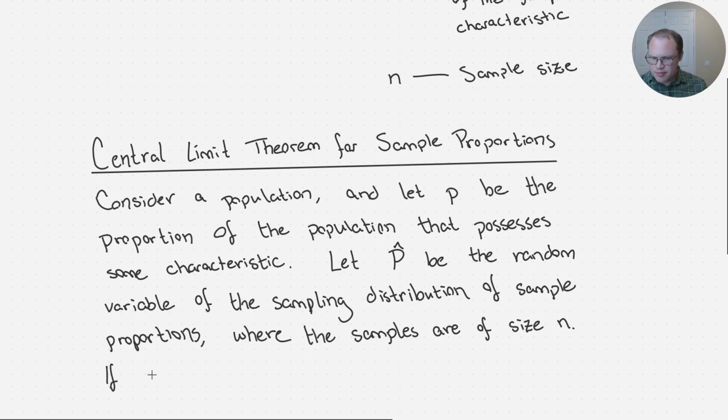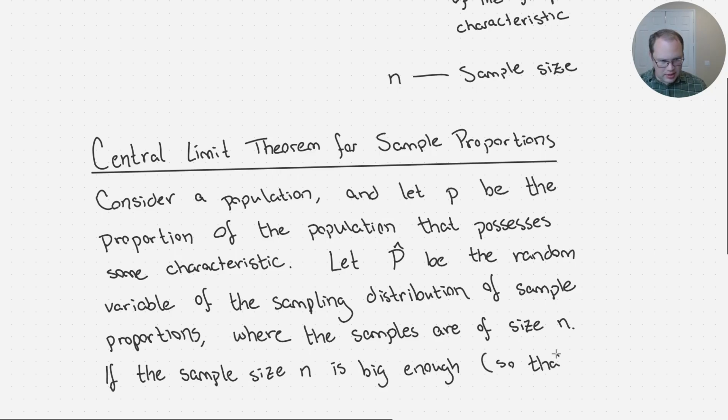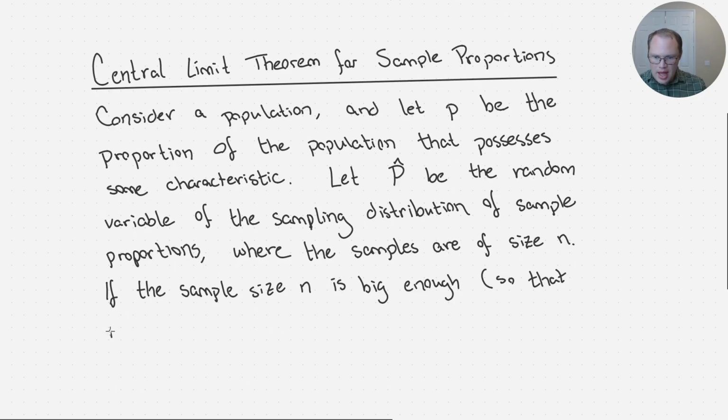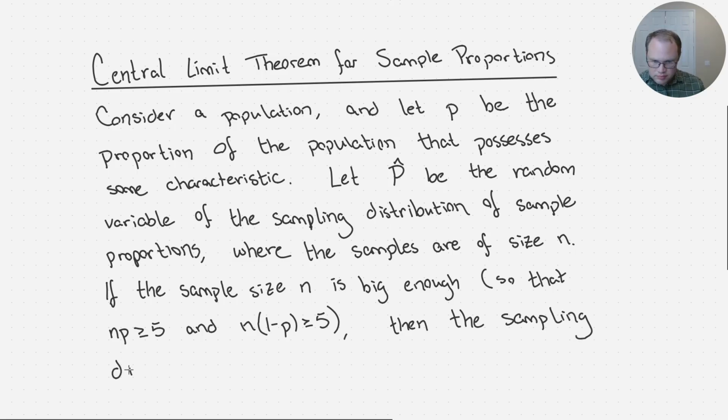If the sample size n is big enough, and in this case, big enough means that n times p is at least 5, and also n times 1 minus p is at least 5, then the sampling distribution is roughly normally distributed